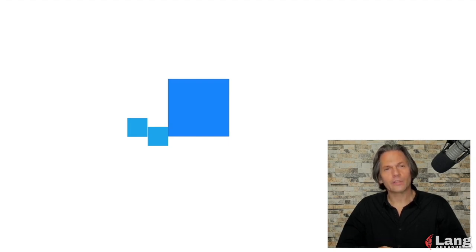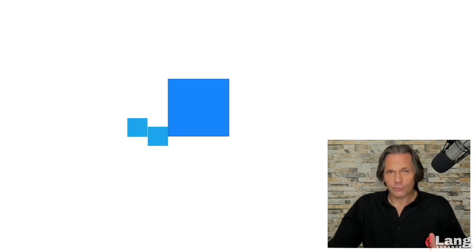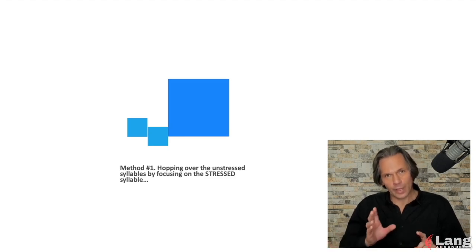Okay? We're going to look at this from a few different ways of doing it. You can certainly try them all. I think they all have value. I think they're all useful ways of drilling and mastering the intonation pattern. But if you have one that you like the most, don't feel like you need to practice all of them. If there's one that's difficult for you, it might be worth sticking with it and trying to get it, but it's also fine to just throw it out. If that particular image isn't working for you, just throw it out and stick with the others. For starters, let's use the idea of hopping over the unstressed sounds by focusing on the stressed syllable.